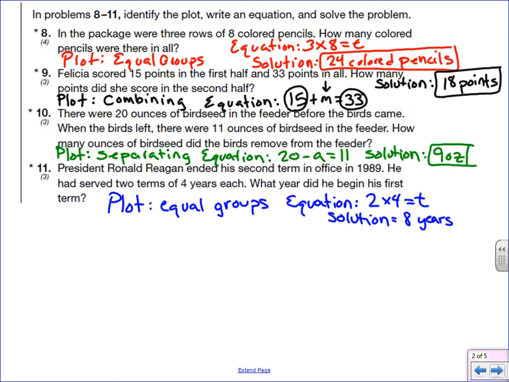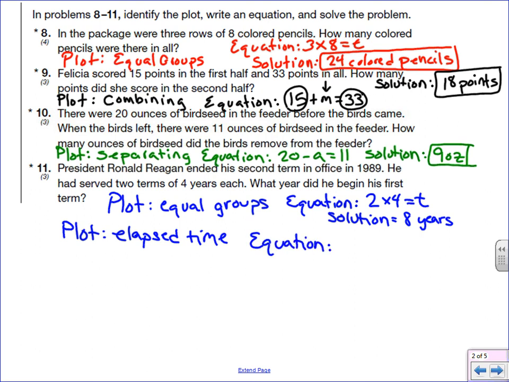So now we have to use the other piece of the information, and the plot for that is going to be comparing and specifically elapsed time. And with elapsed time, you have the later time minus the earlier time equals how long it's been, the elapsed time. So the equation,